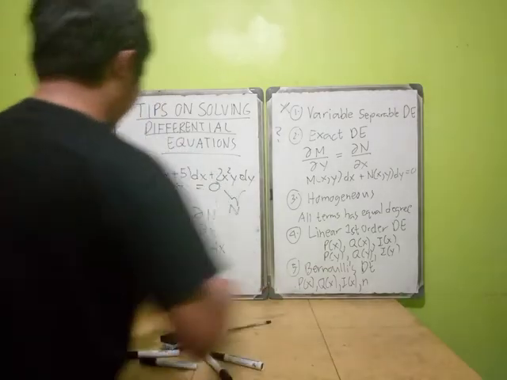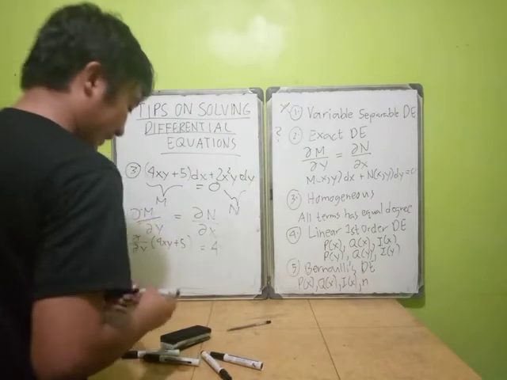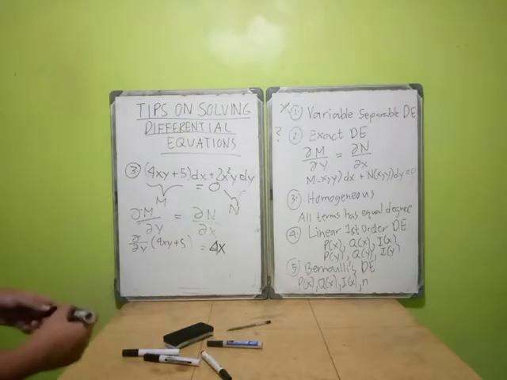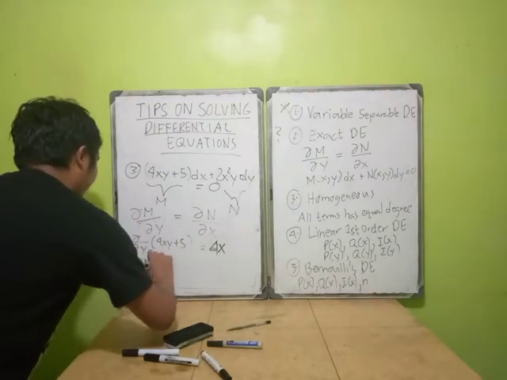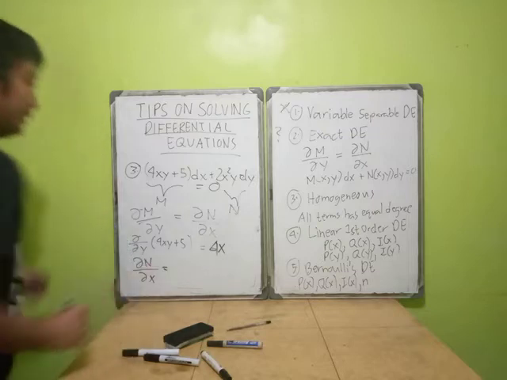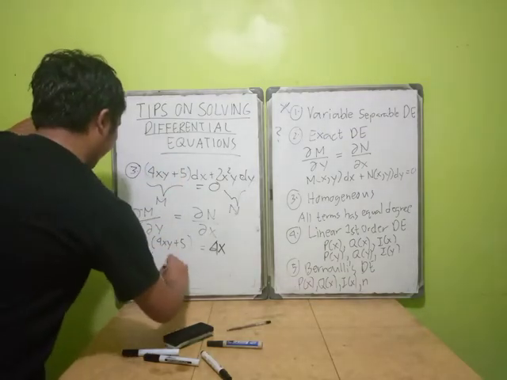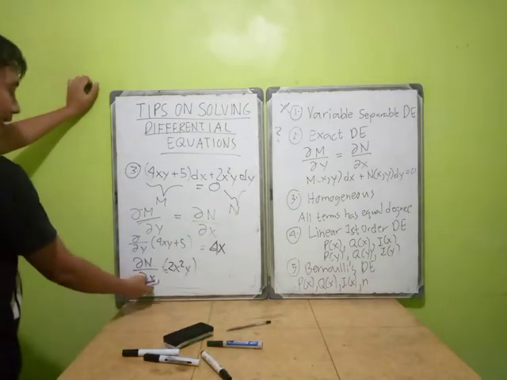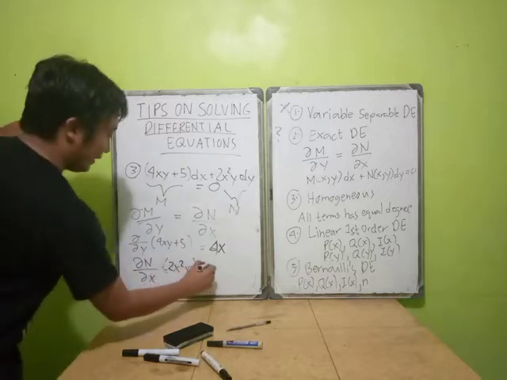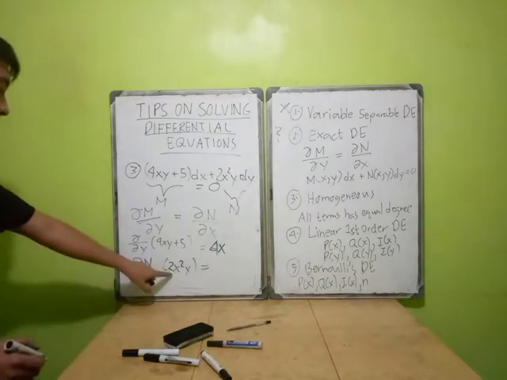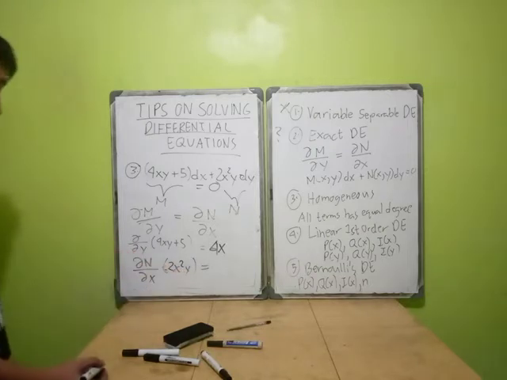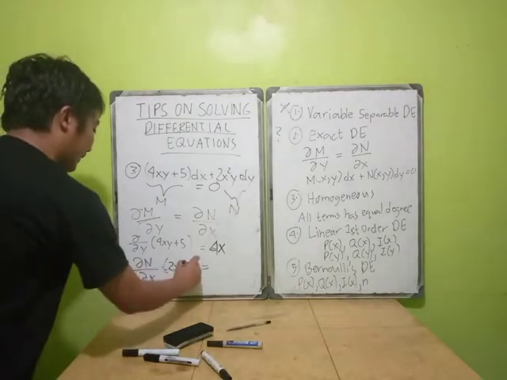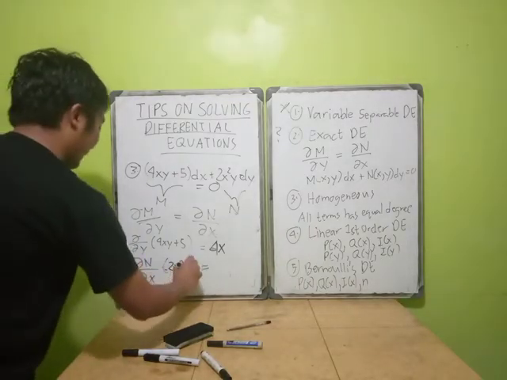Okay, medyo malabo. Nauubusan na ako ng tinta. Okay, so ganyan. Next is N, with respect to X. So, 2x squared y siya. Dito kasi, dinifferentiate natin, partial differentiation, with respect to X. So, si Y, gawin natin constant, so matanggal na si Y dito. So, 2x squared, differentiate ni si 2x squared kasi constant lang si y, so magiging